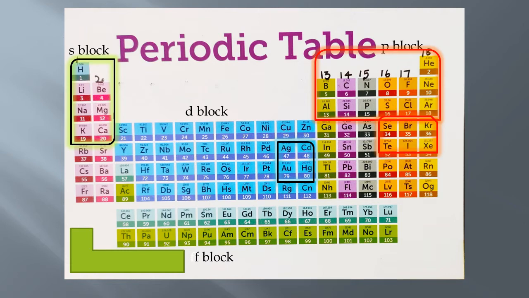So when it comes to the 18th group, I am taking that to be 8. So the number of valence electrons present there is 8. That is 18 minus 10, 8. 8 electrons are present. So we are going to associate group number, valence electrons, and then the valences also. We will move on now to D block.